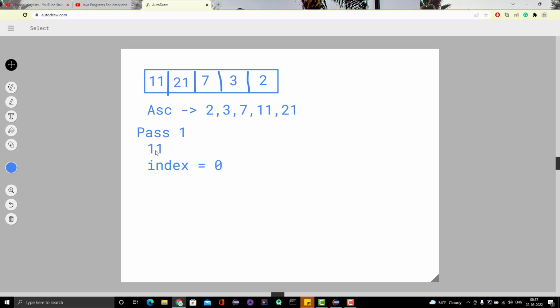But this is just the assumption. I need to confirm, right? And how can we confirm that? By comparing with the remaining elements. So what I need to do here is compare with the remaining elements like 21, 7, 3 and 2. So if you see here 21, we need to do a comparison, whether 21 is smaller